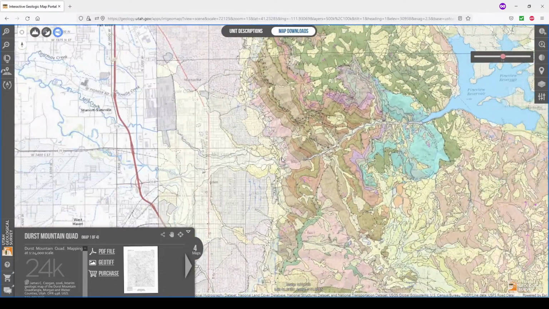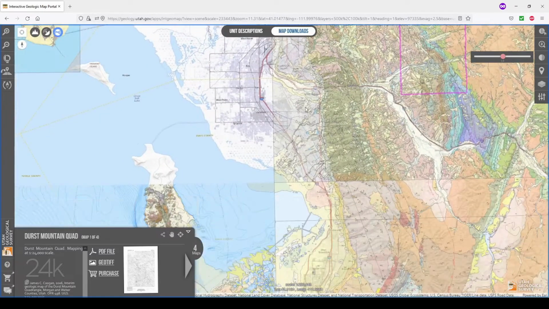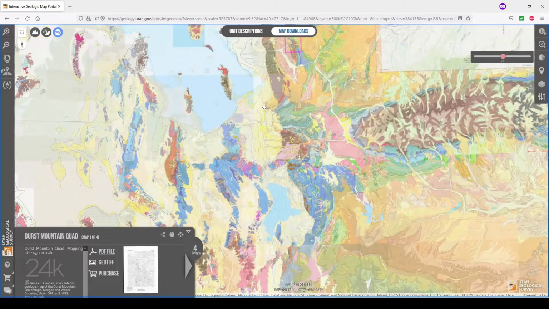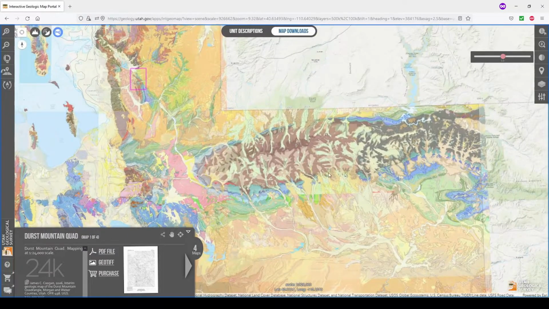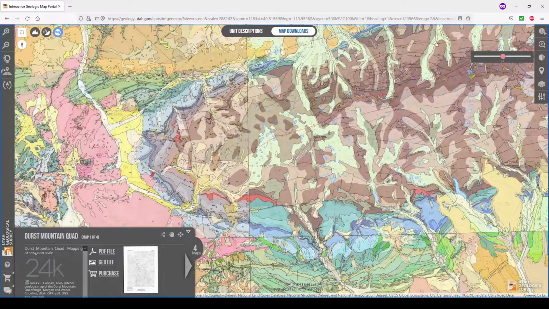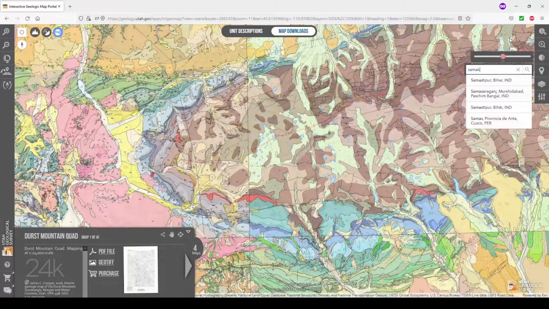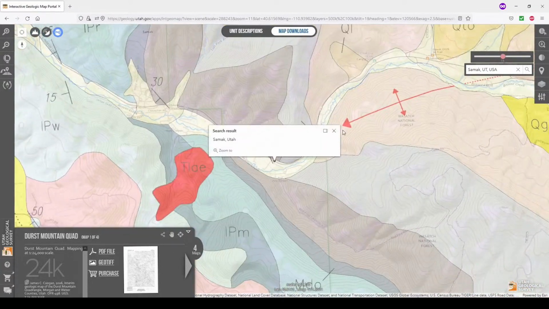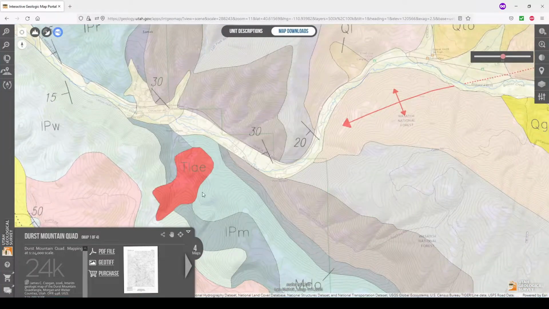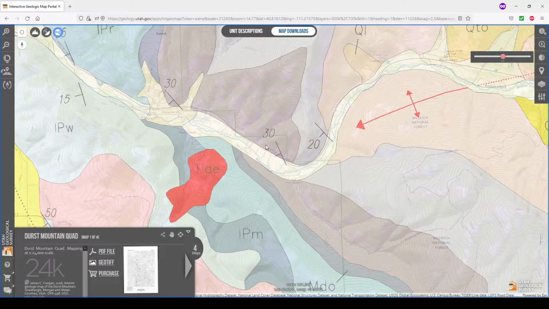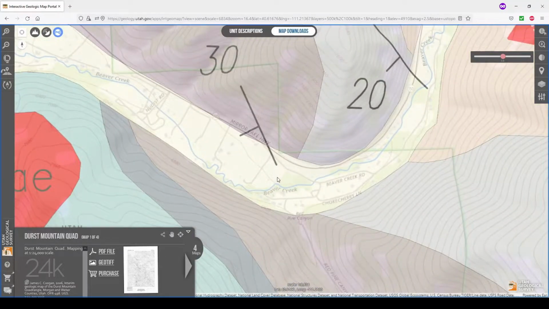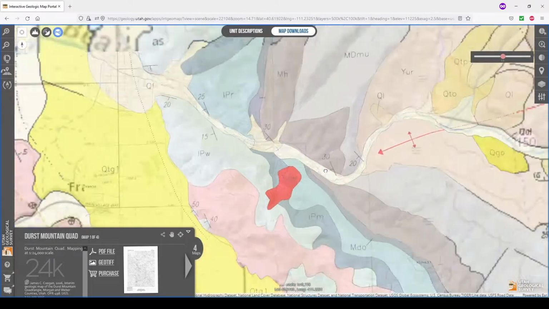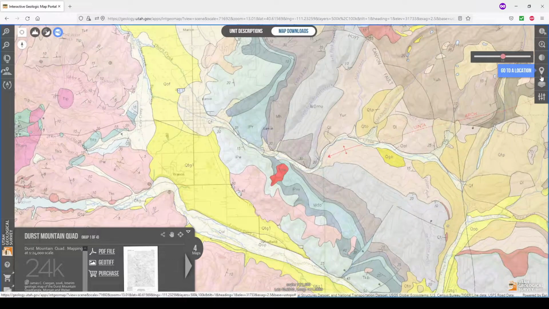We're going to start with, let's say we want to start over in the Uintas, because why not? I like the Uintas. So I'm going to use the search tool, find a location, and type in Samick, Utah. Because I like Samick. It has some cool fossils near it. Alright, here we go. It sent me to Samick, Utah, which is just east of Camas, and I will use